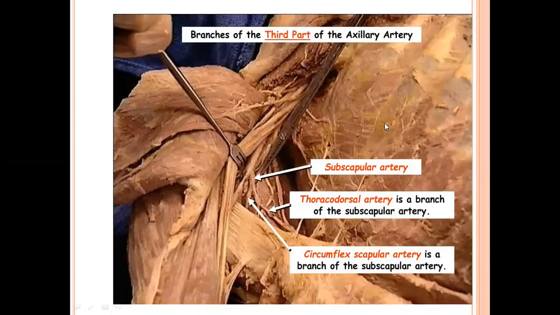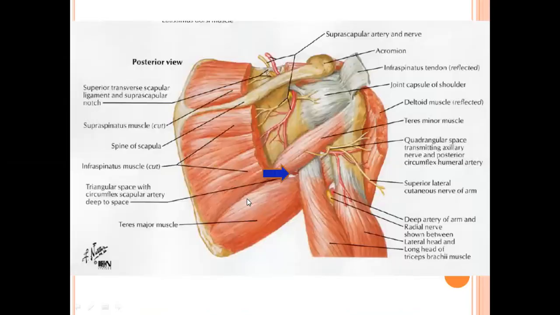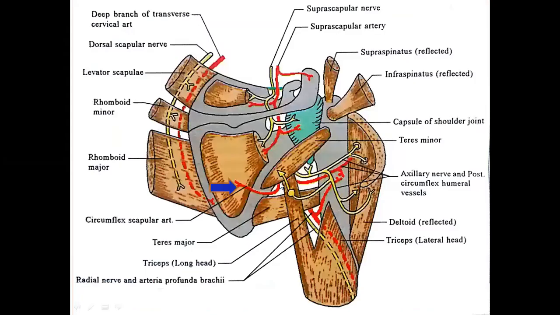You can see this is the lateral thoracic wall. Try to understand the pictures. Pectoralis major has been cut. The pectoralis minor has been lifted. You are finding certain nerves piercing this, the lateral pectoral nerve. Then you are finding the third part of the axillary artery. This big branch coming from the third part is the subscapular artery. Its continuation you are finding as the thoracodorsal artery, one of the branches of the subscapular artery. There is one branch which is going behind, the circumflex scapular artery, which I have shown you like this.